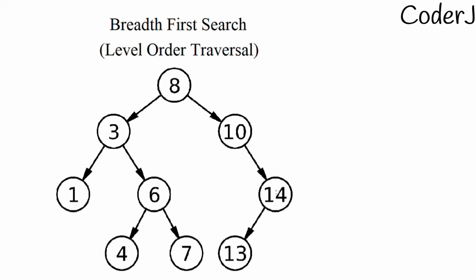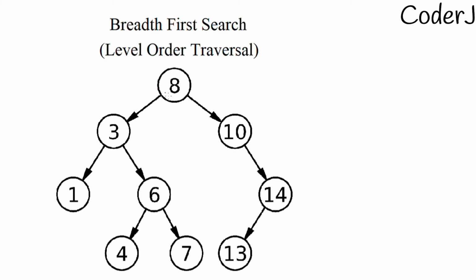So today we'll take a look at BFS, and BFS also uses another data structure, and that is a queue. Always remember this: depth first search uses a stack and breadth first search uses a queue, because it might also be asked in an interview, right? So BFS uses a queue. BFS is also known as level order traversal, and the reason is very simple, because you traverse on the basis of the level.